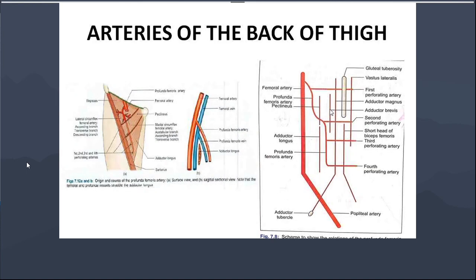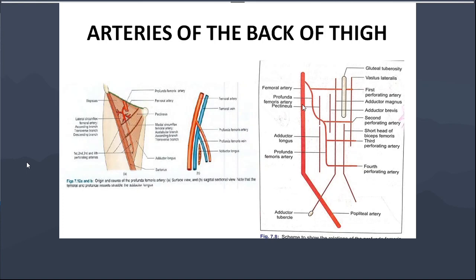Now this is the femoral artery. This femoral artery gives one branch, called the profunda femoris artery, and then the profunda femoris artery gives the four perforating arteries that pierce the adductor magnus muscle. So now coming to the first perforating artery explanation. This first perforating artery runs above the brevis and pierces the adductor magnus, and then comes to the posterior compartment